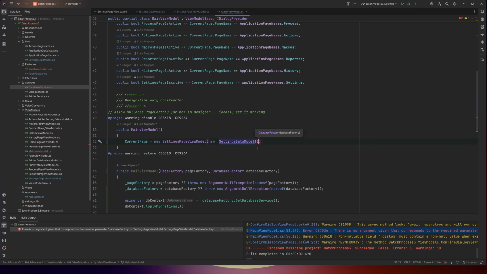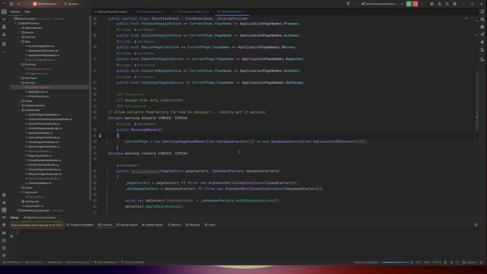We'll just make a new database factory. This is then expecting a new function, so we'll just quickly make that and return a new service. That's expecting a new application context, and we'll do that. So there we go. So this is what the dependency injection is doing for us. All this magic here is what we would typically have to do everywhere we're trying to inject dependencies. So that's the benefit of it. So if we run now,